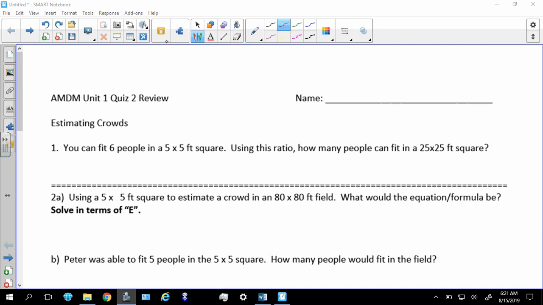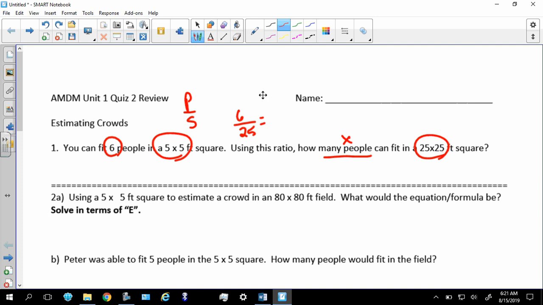All right, question number 1, you can fit 6 people in a 5x5 square using this ratio. Now if you remember, this is another people over space. All right, so 6 people in a space 5x5, so that'll be 6 over 25 is equal to how many people? That'll be x in a 25 by 25, which is x over 25 squared, which is 625. Now, since this is the first one of the video, I'm just going to do this the long way. I'm going to cross multiply, and when I do, I get